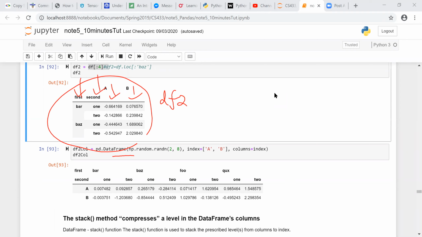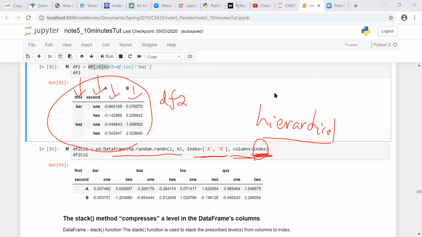And then let's see, here we have a data frame. This is 2 by 8, and the index is A and B. So the multi-level index, the hierarchical one that we just generated,